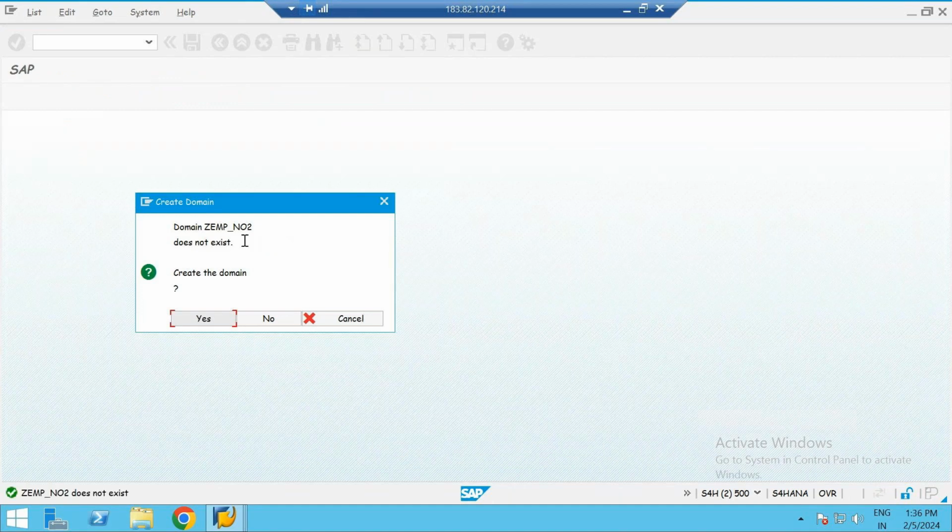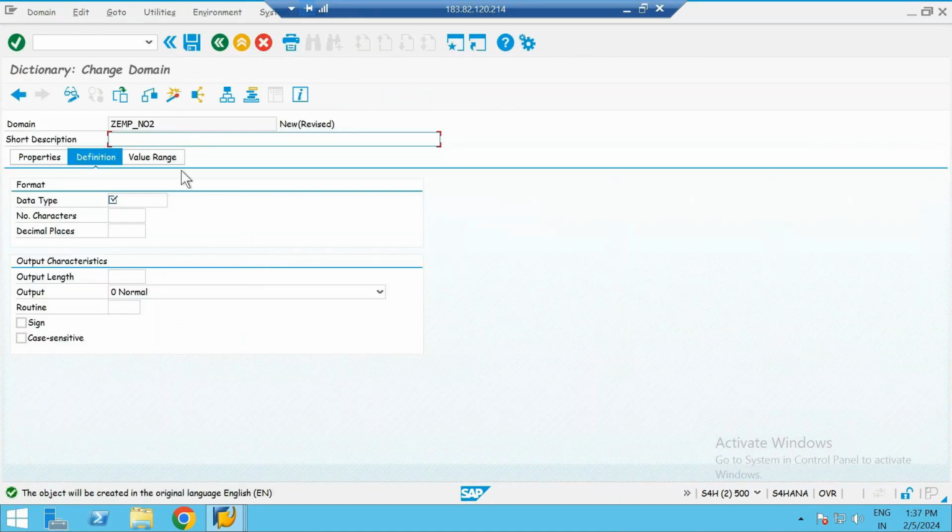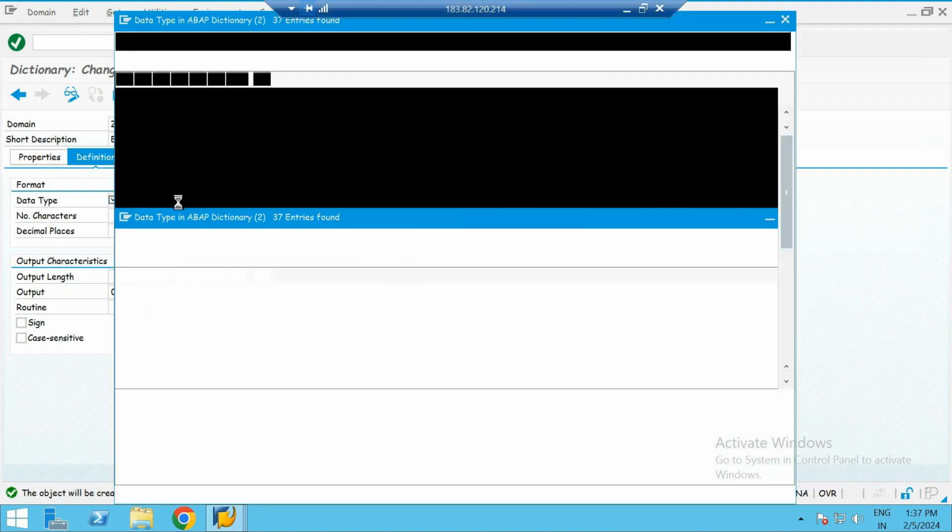So it says domain does not exist. Create the domain. Yes. First, I'll fill the short description. Again, same, employee number. So the purpose of the domain is to give a data type to my field. So from data type, if I click on help,